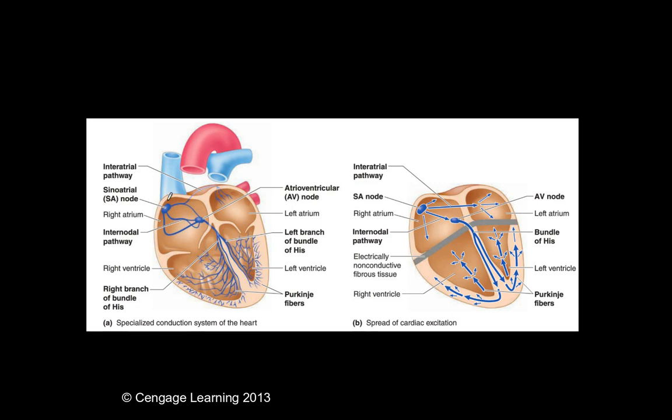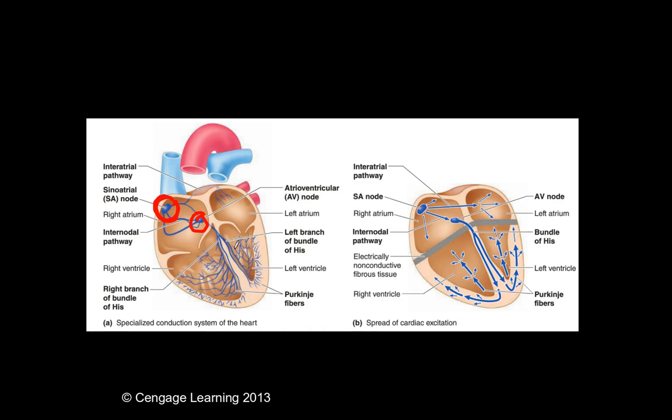Up here in the right atrium is the SA node. This is where our signal is going to be originated. And we have these conduction pathways. We have our AV node here. So it's going to first show up here, go throughout these conduction pathways, and cause a contraction of both of these atria simultaneously. All the while, this action potential is going to move to the AV node, where it's going to be delayed about 1/10 of a second, allowing these atria to fully contract,